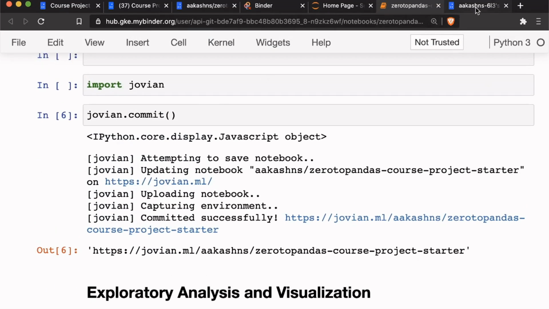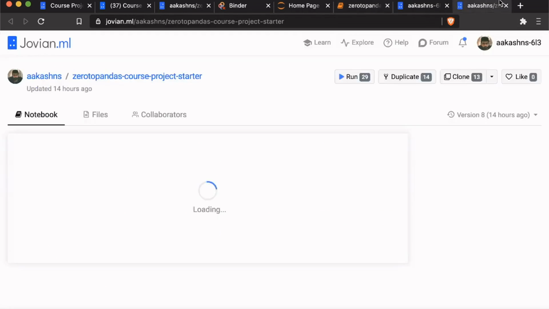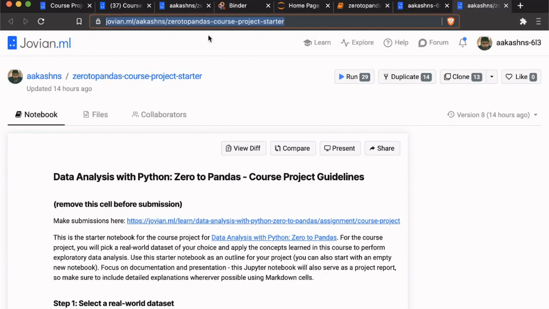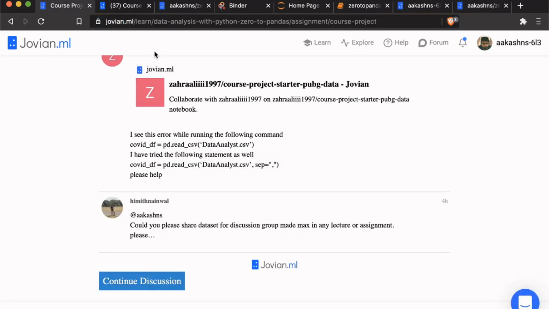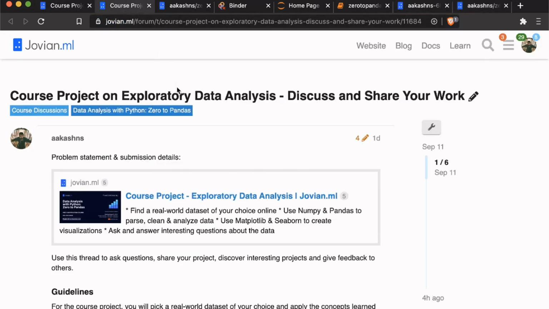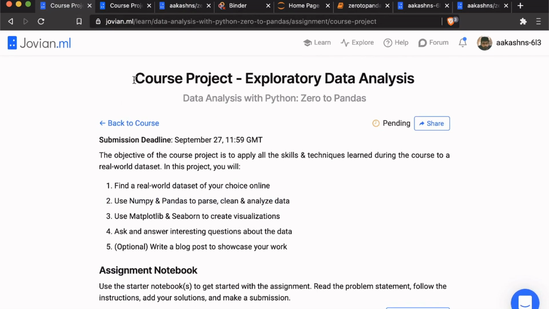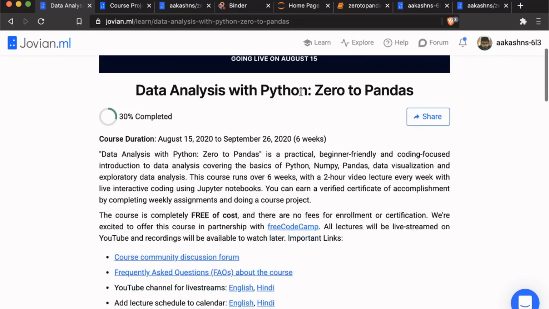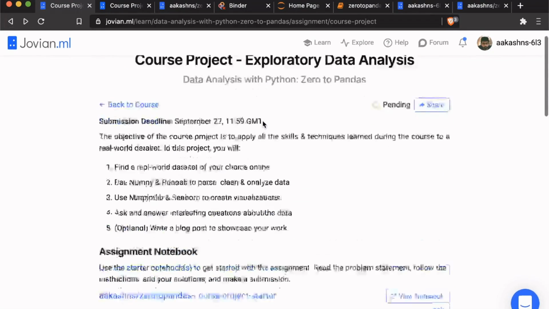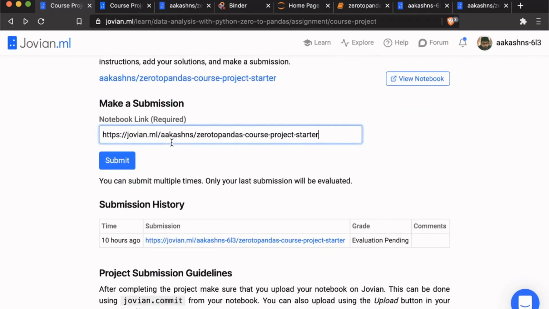And then when you're done with the entire project, when you feel that you have something significant enough, then you take this committed notebook. So in this case, 0 to Pandas course project starter is what I've committed to. You take this committed notebook and then come back here to the assignment page, course project, and make a submission here on the make a submission form, and then click submit.